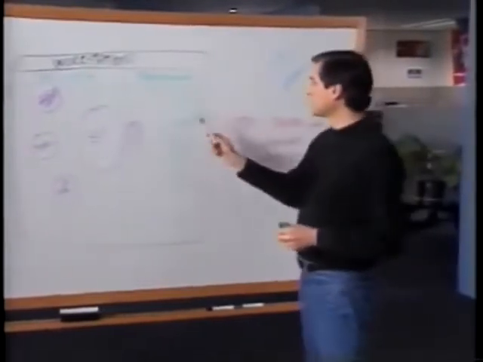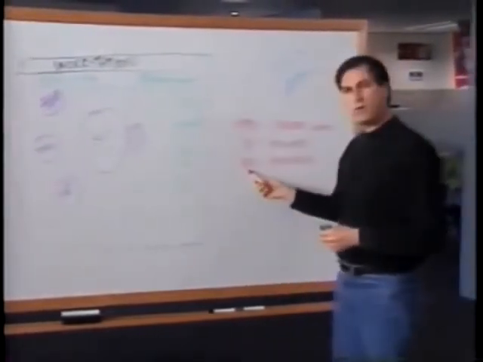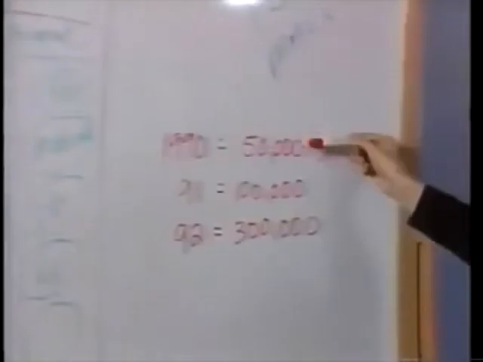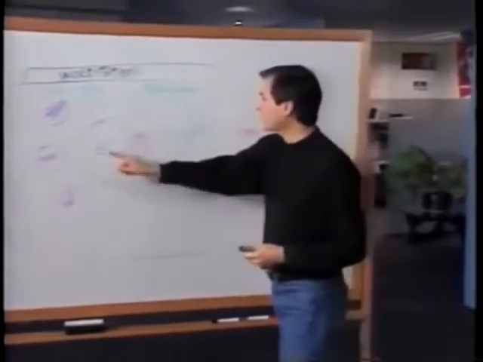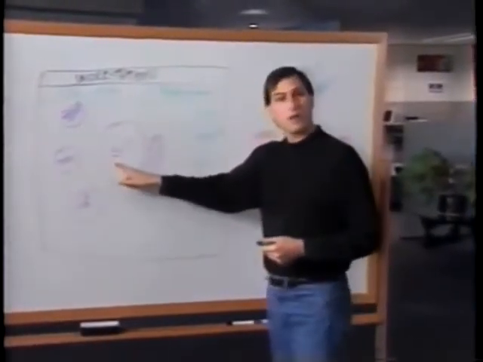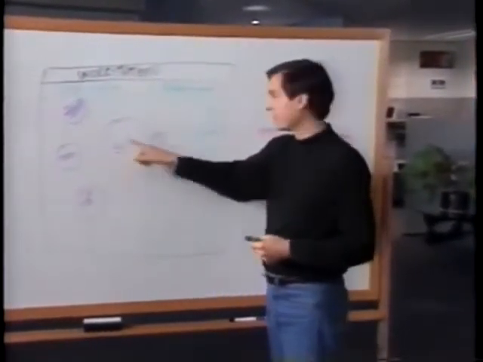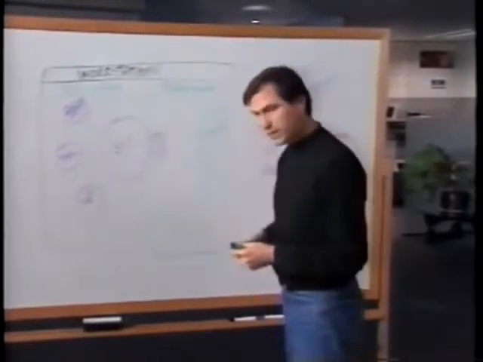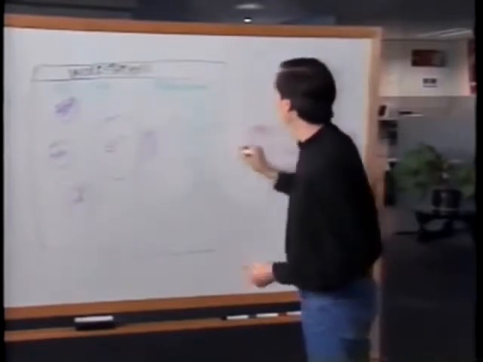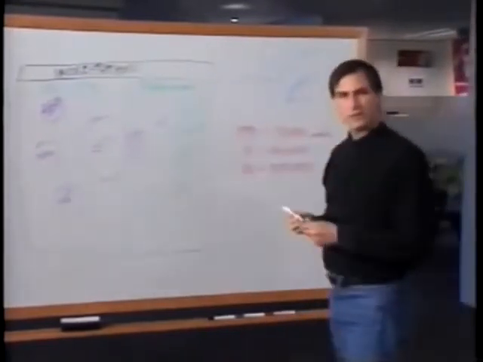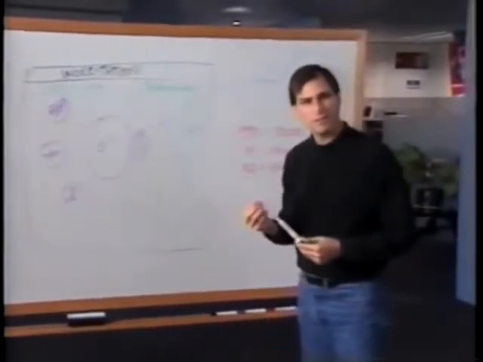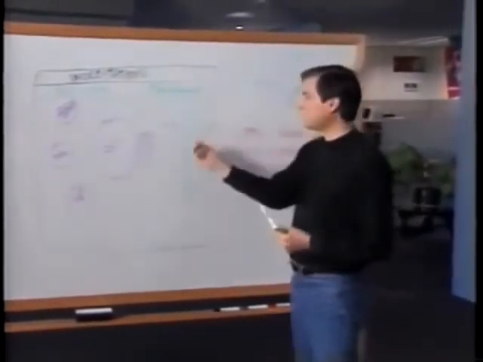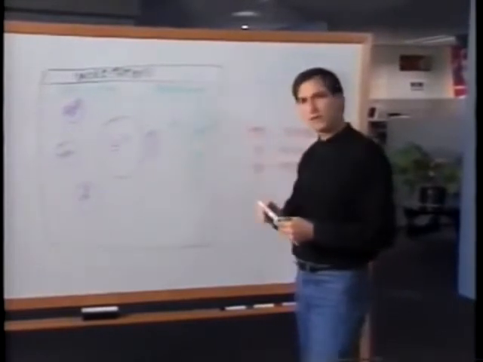Now, let's examine why this thing is going to grow. What is going to cause this thing to grow from 50 to 100,000 to 300,000 units? Clearly, it is not these people deciding to stop being engineers and go to business school and reemerge over here. That's not how it's going to grow. It's going to grow from two factors. Number one, these folks moving in. PCs and Mac owners deciding that they need more sophisticated networking, more sophisticated development environments, etc., deciding they need to step up to workstations. And one other class of users.